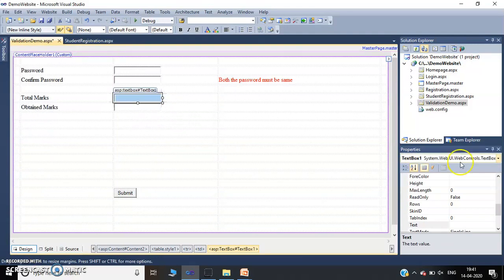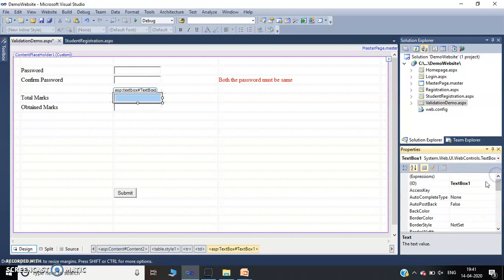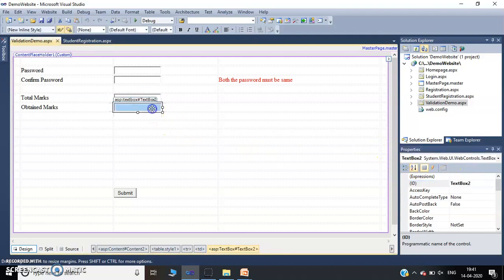Change the ID property for the first text box to txtTotalMarks, and for obtained marks change ID property to txtObtainedMarks. Here, as we know, obtained marks must be less than or equal to total marks.